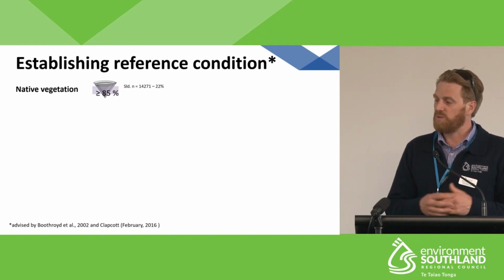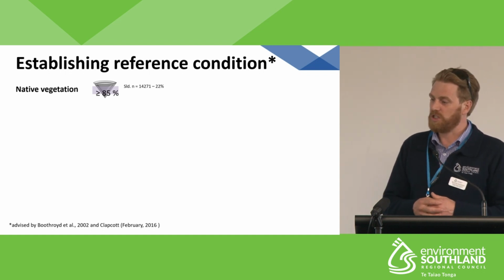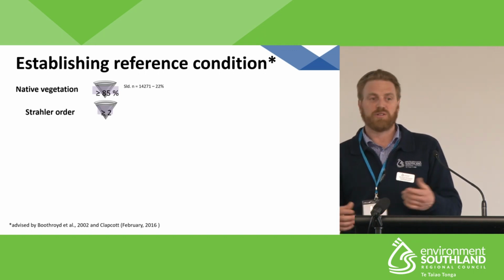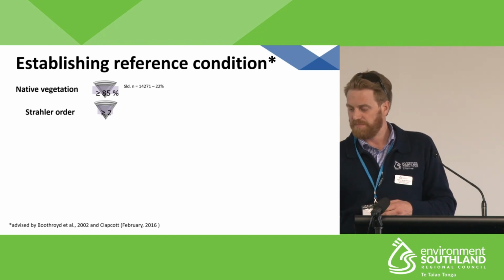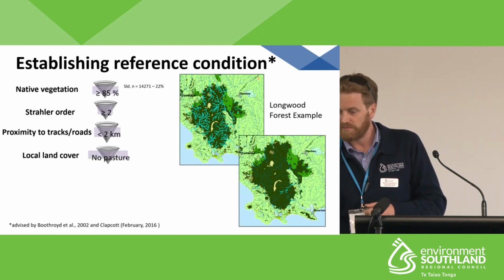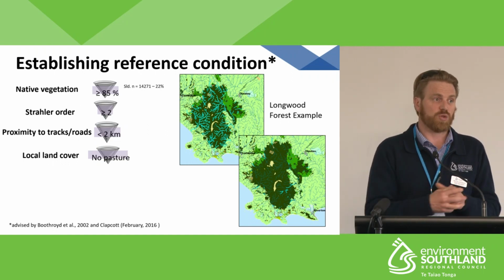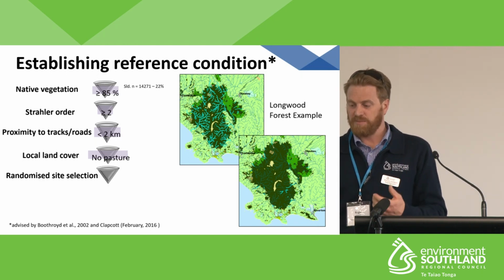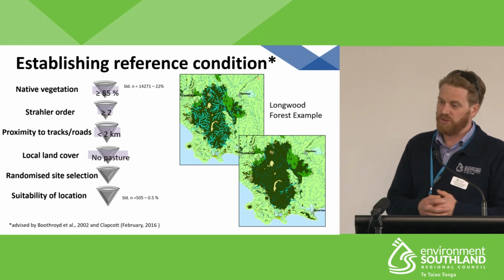When we did that, we started off with a relatively large number of river environment classification reaches, 14,000 odd. And as we applied further criteria around the size of the stream, being larger than a second order stream, being relatively accessible, and having low intensity, no pastoral land use within the catchment, and then finally applied a randomised site selection, we reduced the number of potential sites from that 14,000 to around